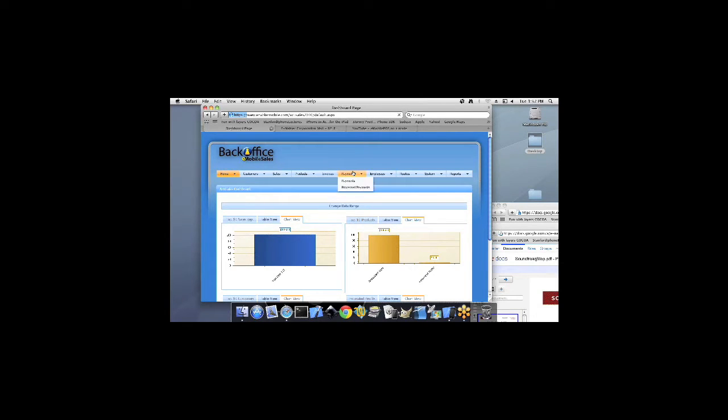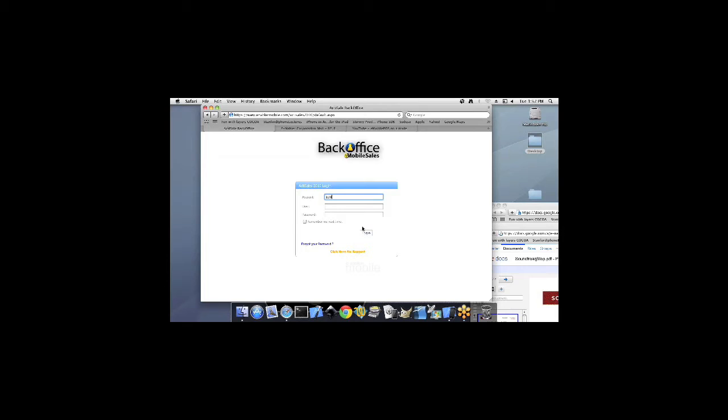This system is always listening to the mobile POSs, and that's as many devices as they have.